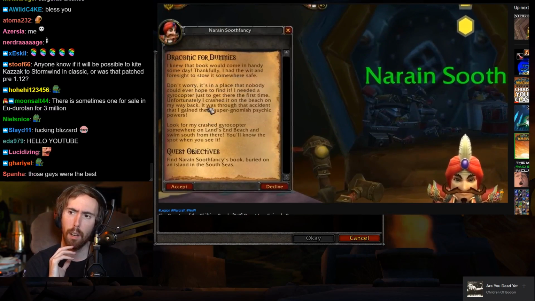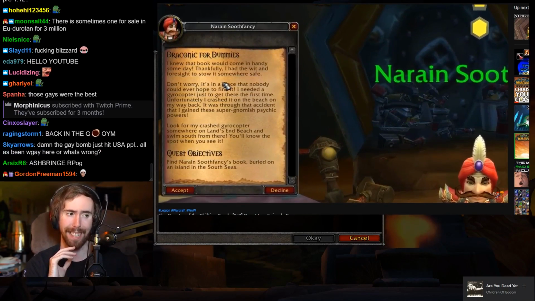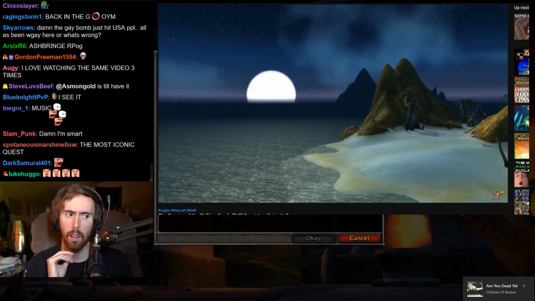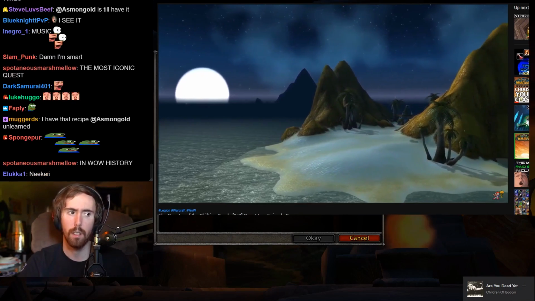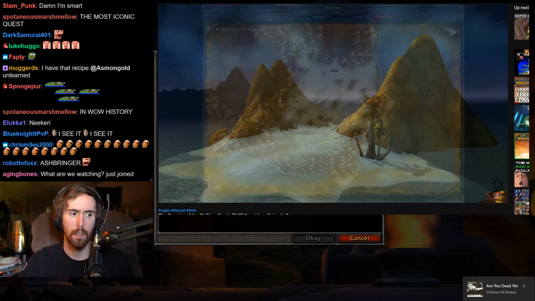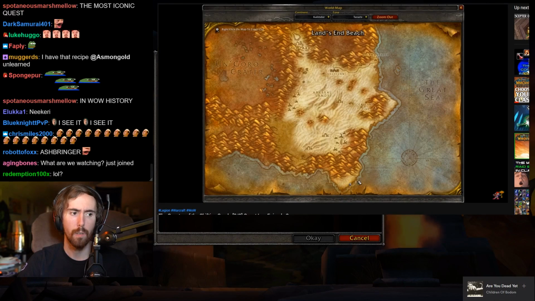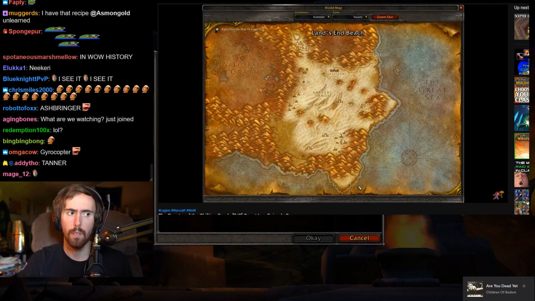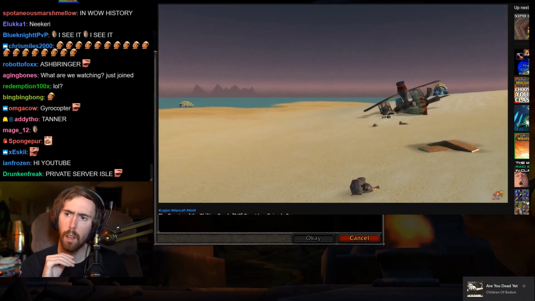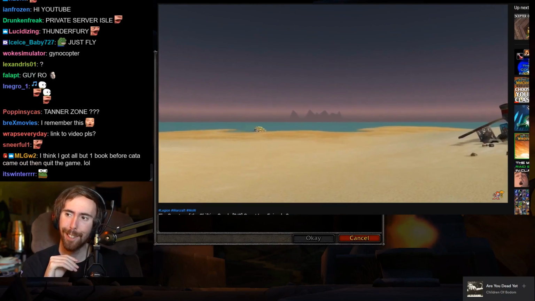The last one was the most involved, and that's Draconic for Dummies Volume 2. This was ridiculous. Narain says that he has the book hidden away on a faraway island south of the Tannerus Zone, and he said that he needed a gyrocopter to reach it, which is great because you couldn't fly at this point. So he tells you to find this crashed gyrocopter on the southern beach of the zone and swim south from there. But the problem is that the island is located in fatigue waters,